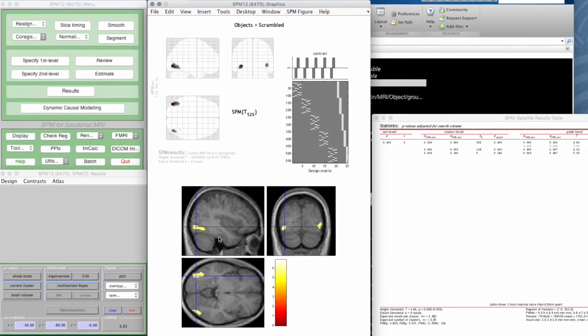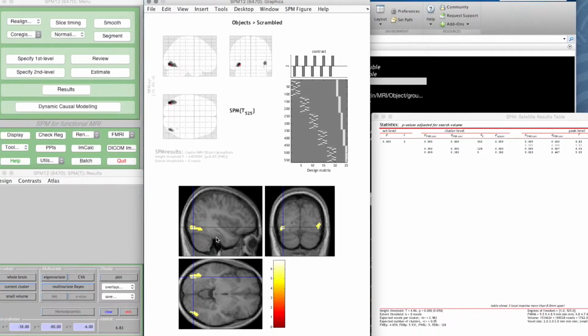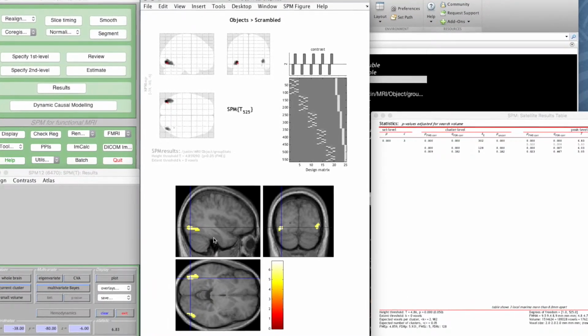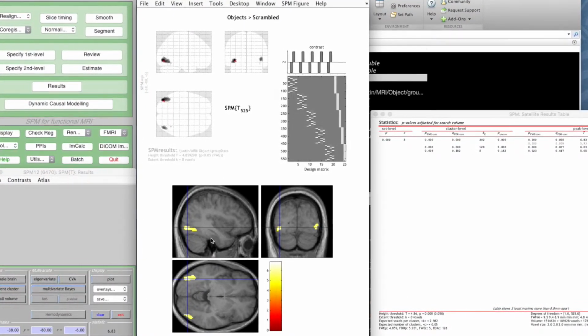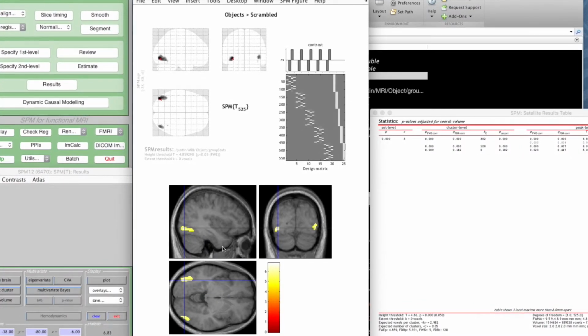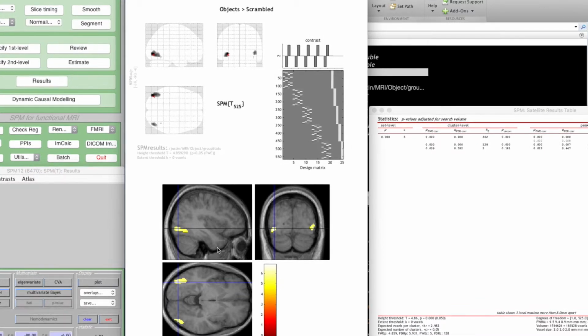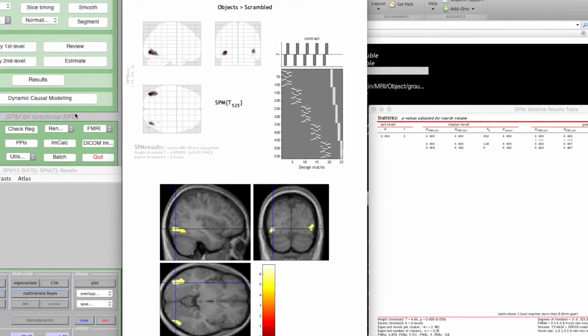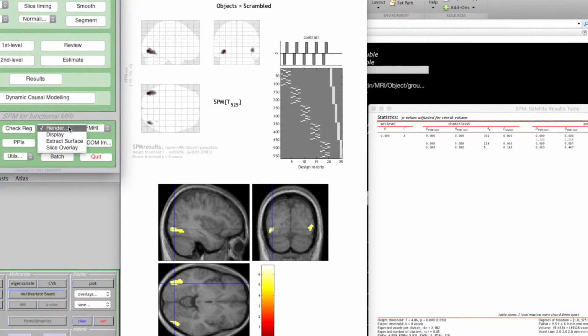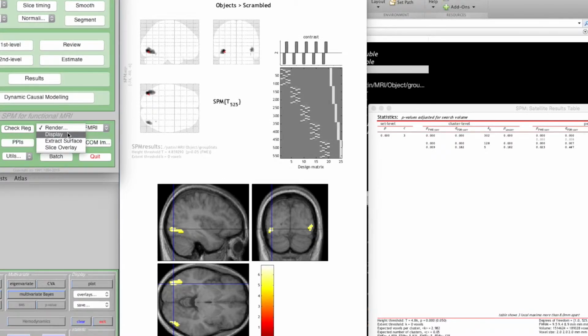It's possible to do fancy things with masking when you go through the results and mask off areas or include areas. We're not interested in that. We just want to see both sets of blobs together. I'm going to show you a couple of ways of doing that. The first is the fancy way to do the 3D render. If you go to render and display,